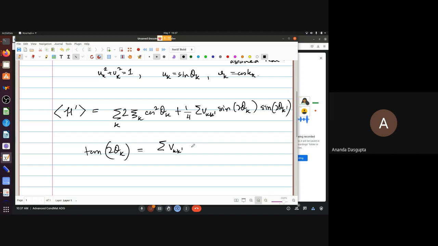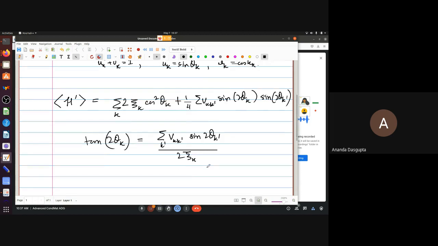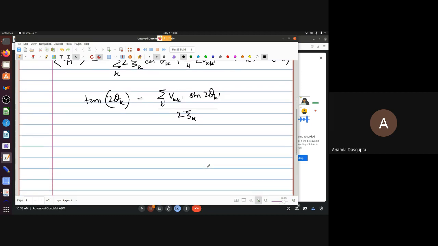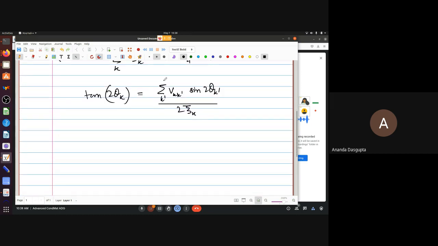bkk prime, sine 2 theta k prime. This is sum over k prime alone. And what we did to simplify the calculation a bit after this was define a few parameters. We defined this quantity in the numerator here as delta, which depends only on k, of course. It has been summed up over k prime. So the result now only depends on k. And what I did was define this quantity with an extra minus half